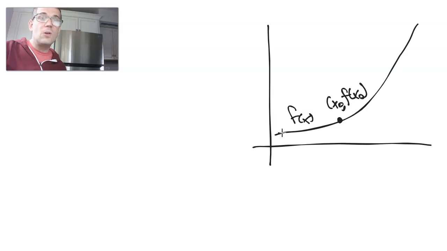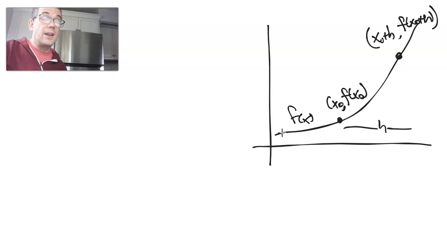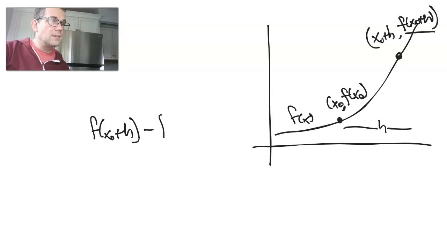And if you looked at the video, you know that we're going to pick a second point, not on that point. It'll be h away. So its x value is x sub 0 plus h, and its y value is f of x sub 0 plus h. And to find the slope, we're going to do change in y over change in x, just like we did in middle school. So this guy's y value is f of x sub 0 plus h minus the other y value